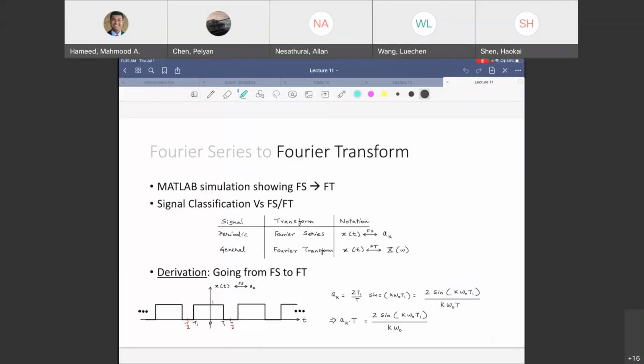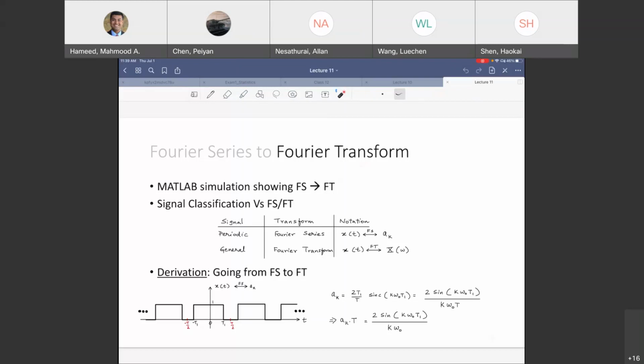Excellent. Okay, so we did this. We saw how Fourier series converges to a Fourier transform. Essentially, pull out the signal, make it just one period, one time period. And what it does in the frequency domain is puts more and more samples between each of those samples, making it more continuous.